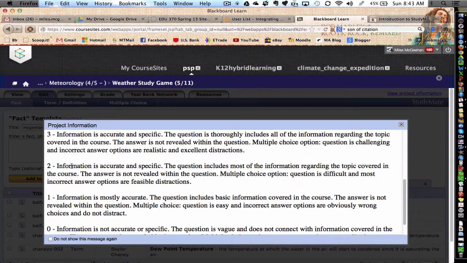Let me pause for a moment and describe this a little in a bigger picture. In this activity, students create 3 different types of questions: a term definition, a fact, and a multiple choice question. And Studymate class takes all of the students' questions and puts them into a bunch of fun, engaging review games, such as crossword puzzles, jigsaw, hangman style, fill in the blank, and so forth. So when students created the questions, I had the opportunity to grade the content of the questions that they created